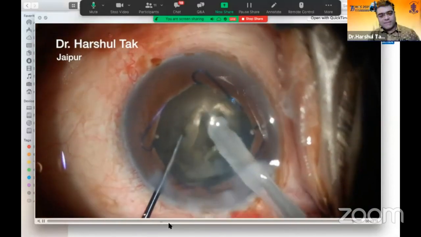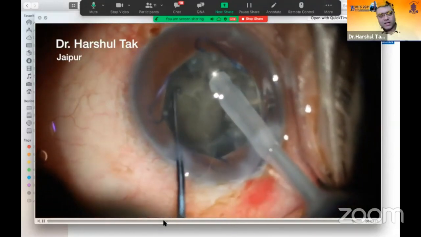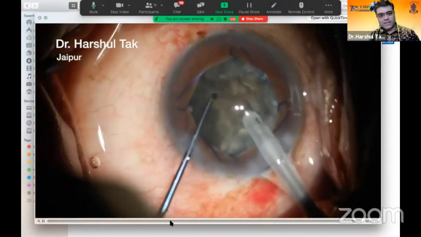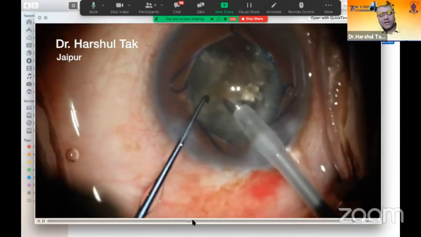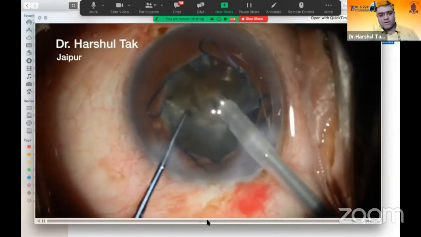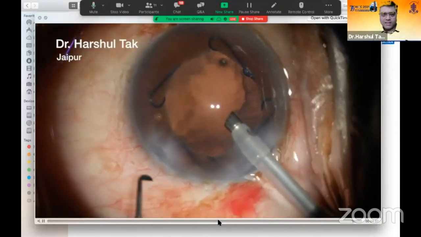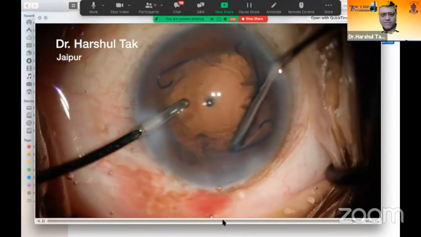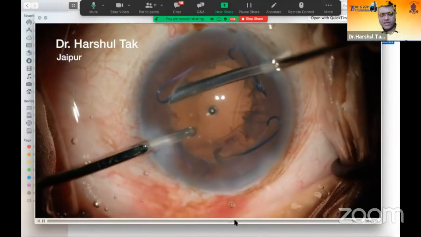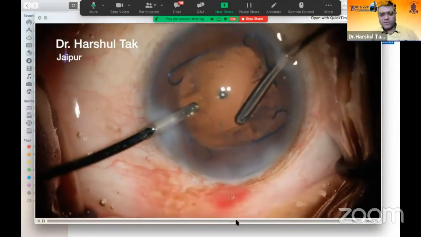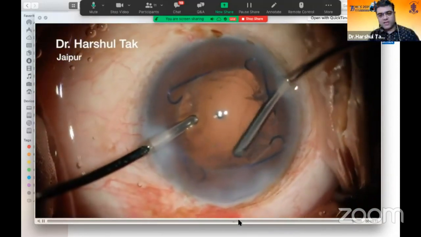So this drilling helps a lot in weakening this endonucleus, and then you can chop the nucleus nicely into smaller pieces and take all those pieces one by one. See, the capsular bag is weak, so you need to be very careful while you are doing cortical irrigation aspiration. Should always try to use bimanual IA.